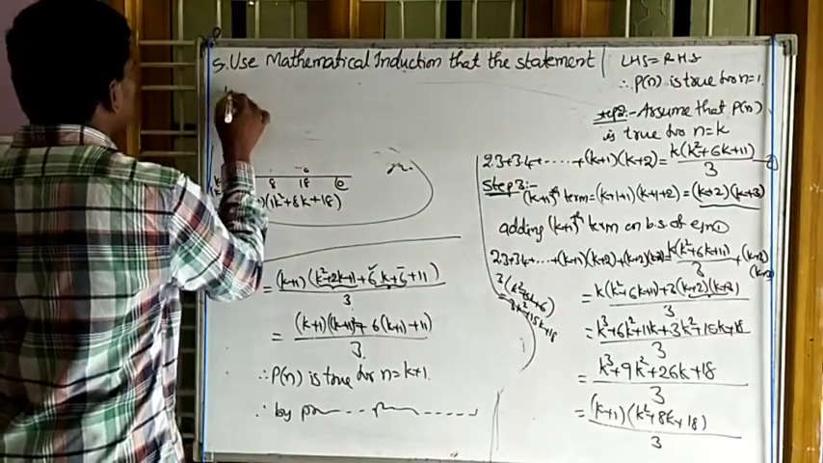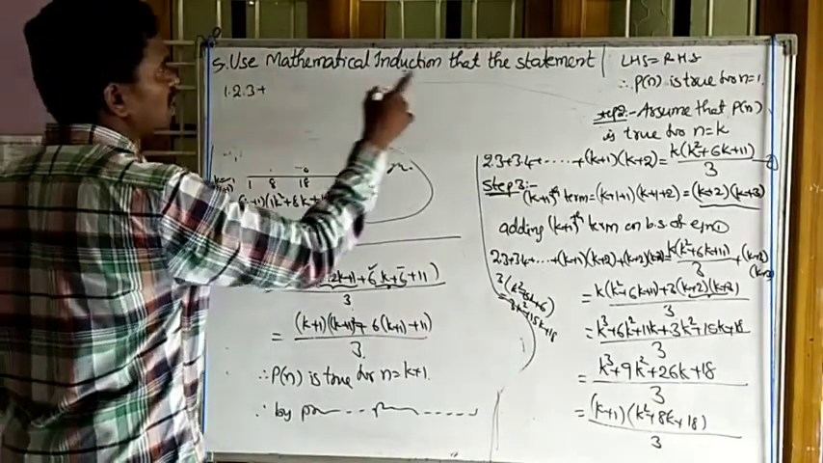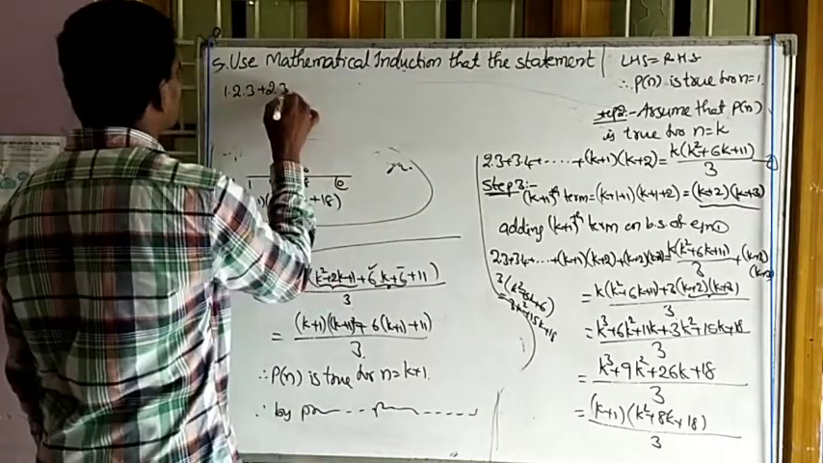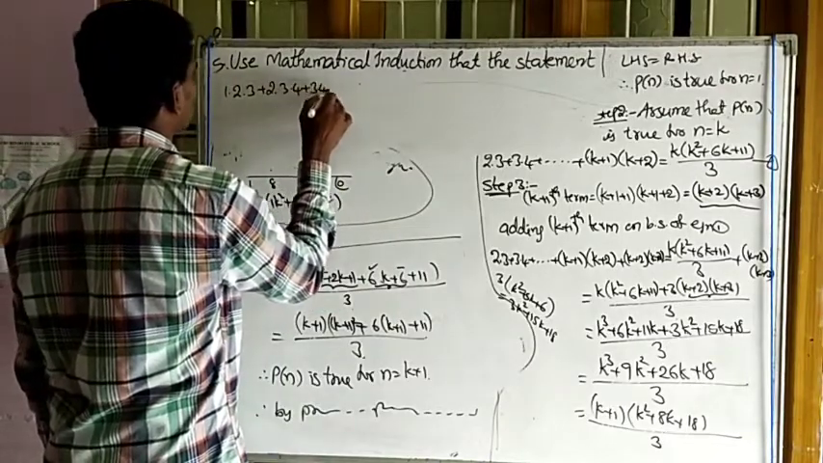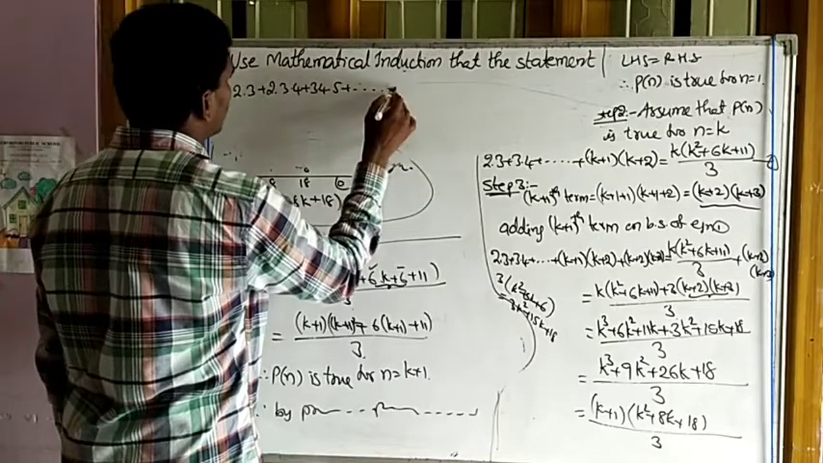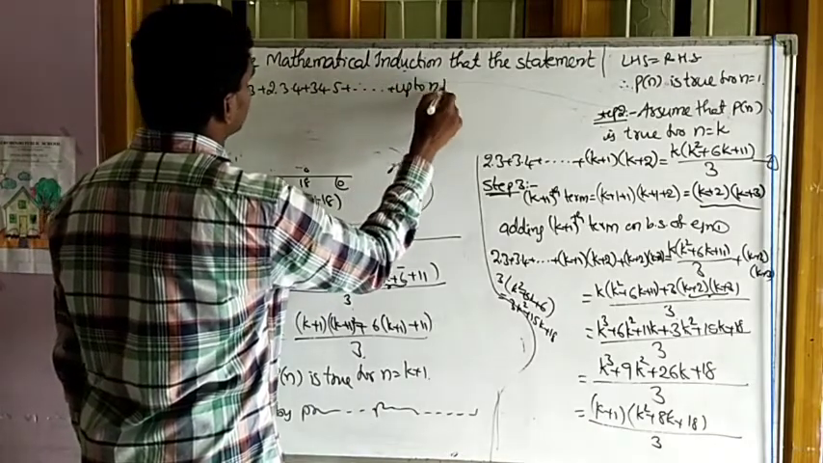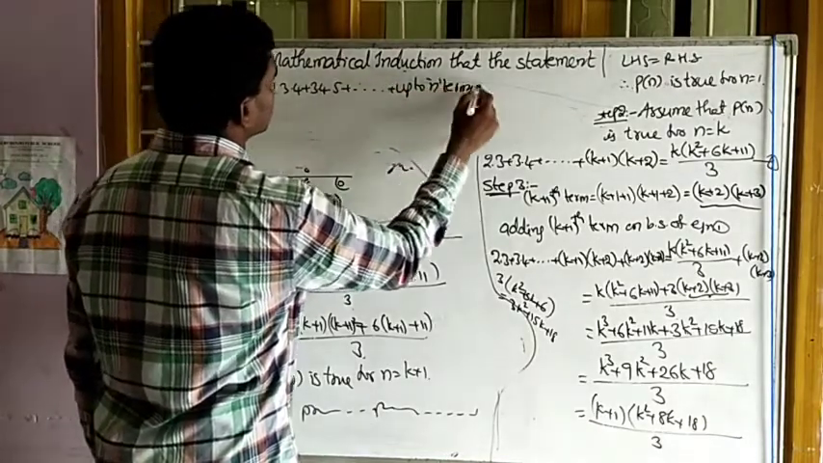6th question is, use the same 1 into 2 into 3. Use the mathematical statement 1 into 2 into 3 plus 2 into 3 into 4 plus 3 into 4 into 5 plus so on up to n terms is equal to